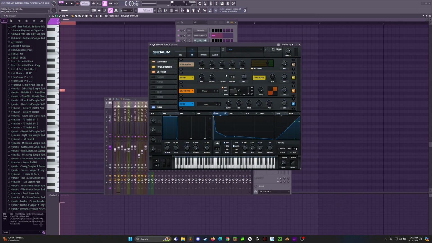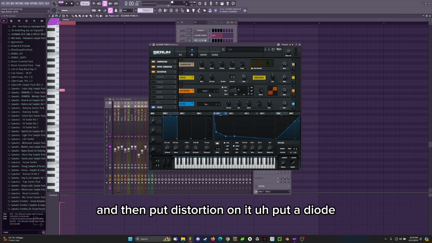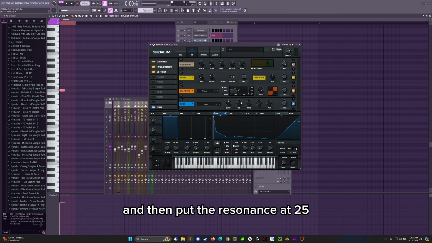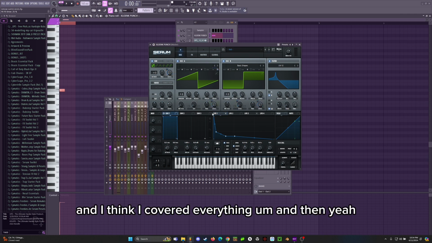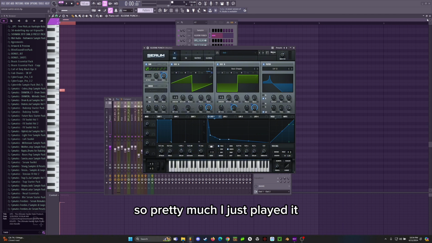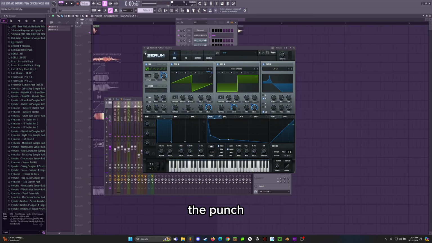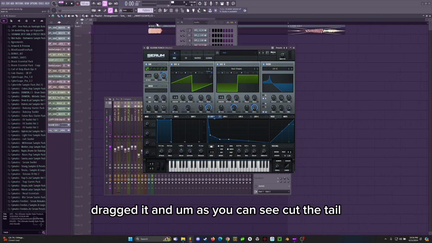And then I put distortion on it, put a diode, turned it all the way up, and put a flanger just to give it more character, and then put the resonance at 25 and the drive at 25, and that's pretty much it for the effects. And then I think I covered everything. So pretty much I just played the punch and dragged it,